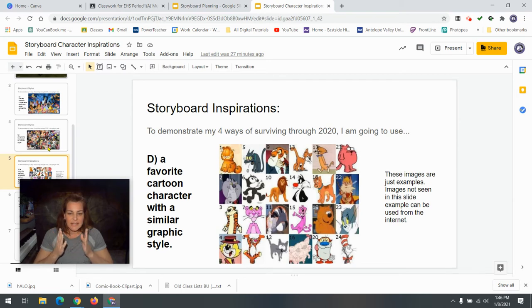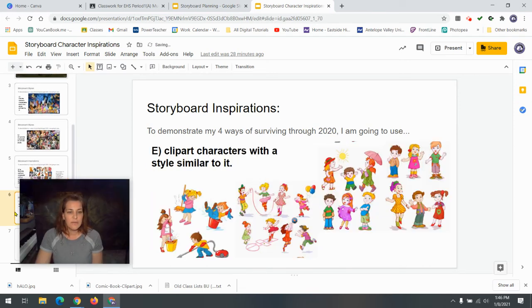So let's say that I want to create a story about Garfield as my character. I can also use images from our background scenes of Garfield. And if you know anything about Garfield, he loves to eat lasagna. So I used to collect and had books of all the Garfield comics. So maybe because I relate with that, that could be something that I would use as my character and similar graphics that go with Garfield. But if that's not your thing, there are some other options here.